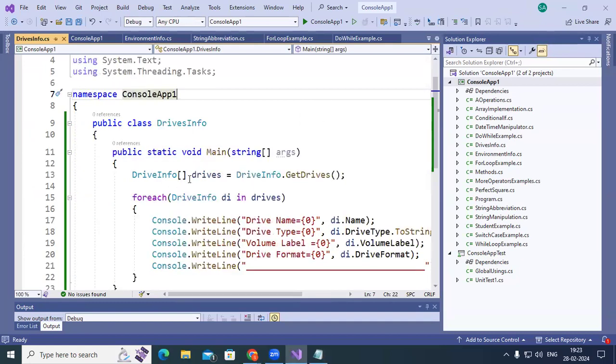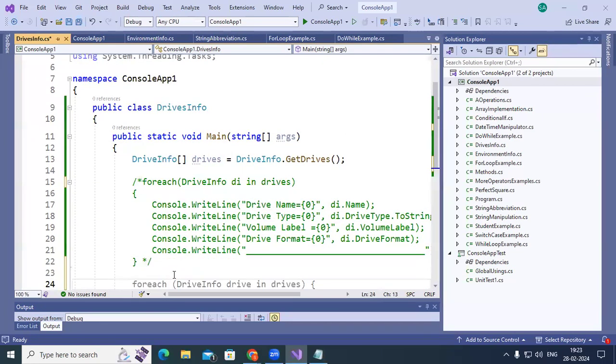I have the drives information in this. So instead of printing this one now, I'm going to comment this part. Then I try to create some menu structure. I want to create some kind of menu. So first I write